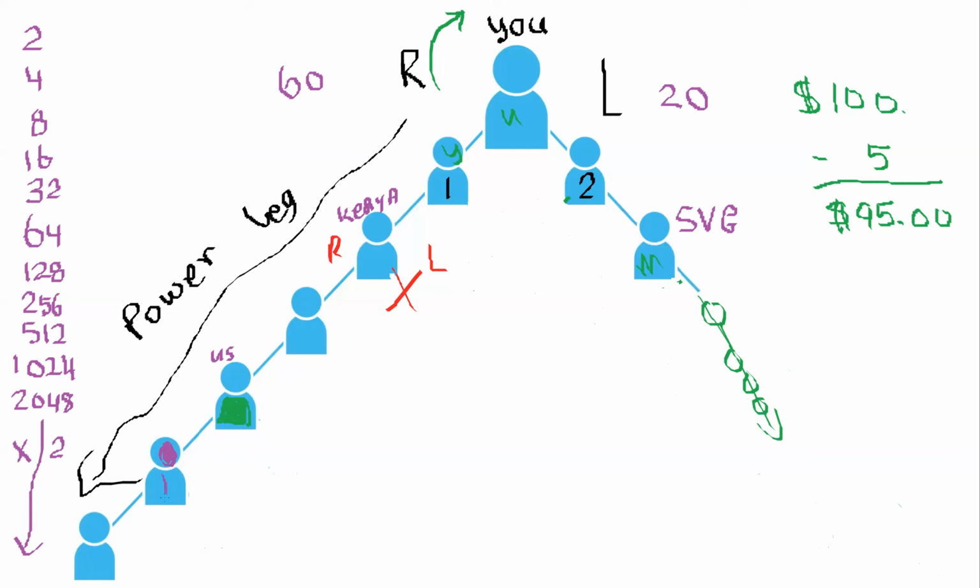Okay, this is your first person, even though you have maybe 10, 15, it could be 100 people. Because the binary rules are that you must have one on the left, one on the right. Since this is a power leg, especially if you have a heavy hitter under you, you could have lots of people on that side, and you definitely want that. But definitely go ahead and put someone on the other side, and this is now the leg that you're going